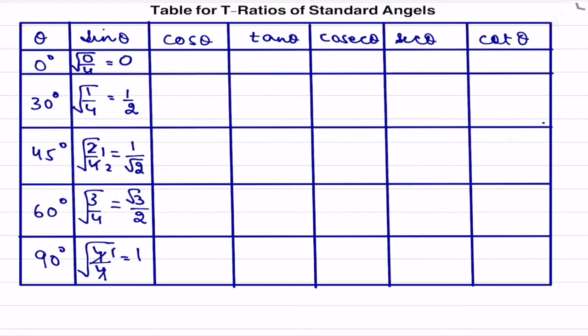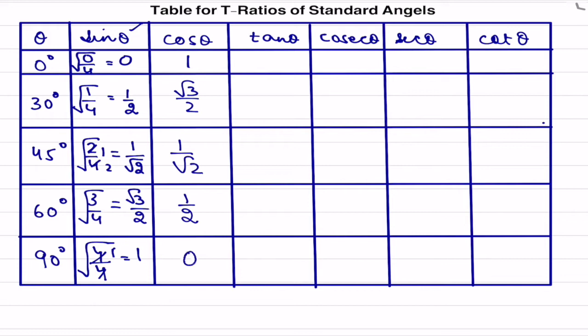Either you learn this, or if you remember the way, it would be easier, because if you know the first column, sin theta, the rest you have no need to remember. It's very easy. Cos theta is just the reverse order of the sine values. First, sin 90 will be cos 0, that is 1. Then the sin 60 value is the value of cos 30. Means in the reverse order you have to just write down these numbers. Root 3 by 2, 1 by root 2, because sin 45 and cos 45 both have the same value, then 1 by 2, and then the last is 0.